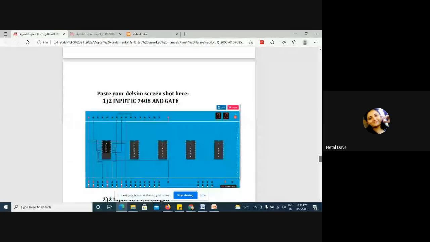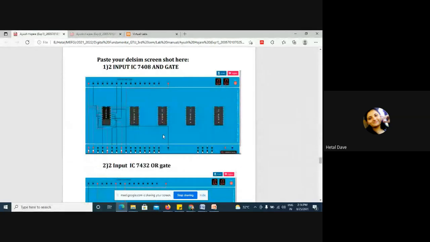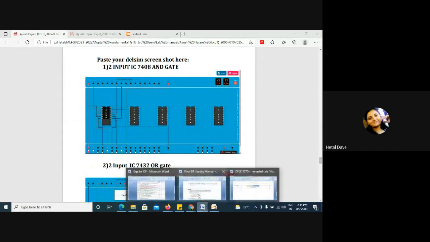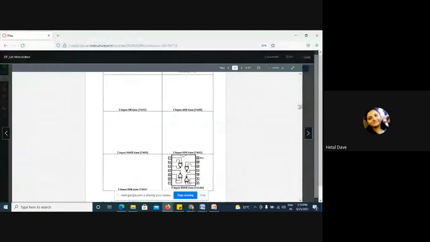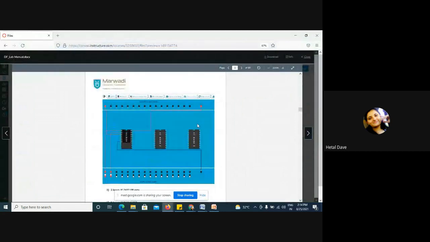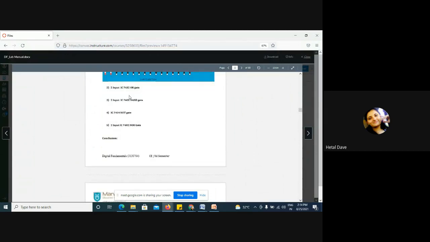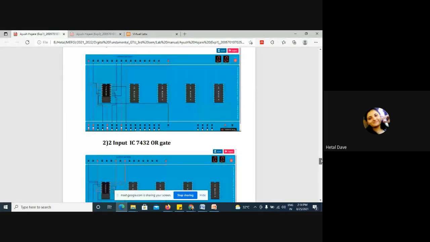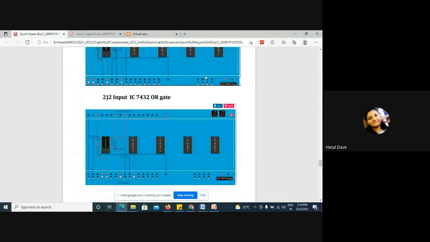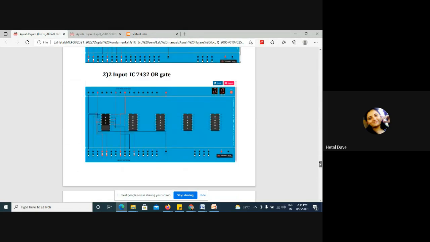Then there is the simulation screenshot that you need to put. In the lab manual, one screenshot is given for your reference. If I open this lab manual, which is uploaded in Canvas by me, this is only one sample. You need to consider this sample and paste your work here. In some lab manuals it is missing, so please be very careful. You need to put your own work like this. This was given as a sample only. In this manner, you need to put a screenshot of your own work.